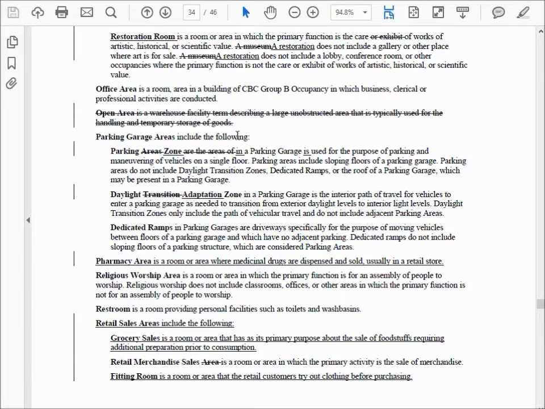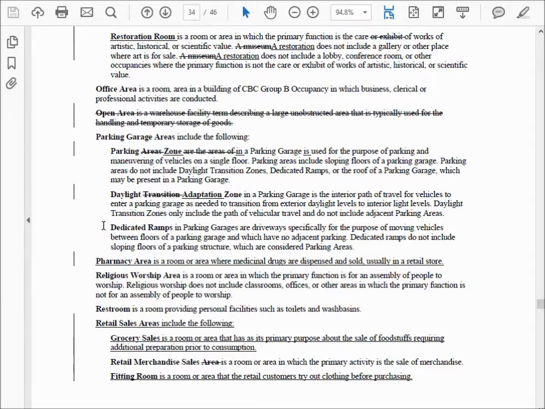This is part of a parking garage. There are three parts to a parking garage. You've got the parking zone where the cars park, what was the daylight transition zone, which is where you get in and out of the structure, and the dedicated ramps that take you from level to level.